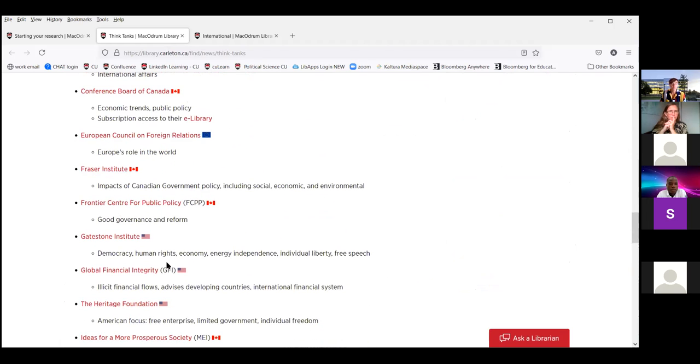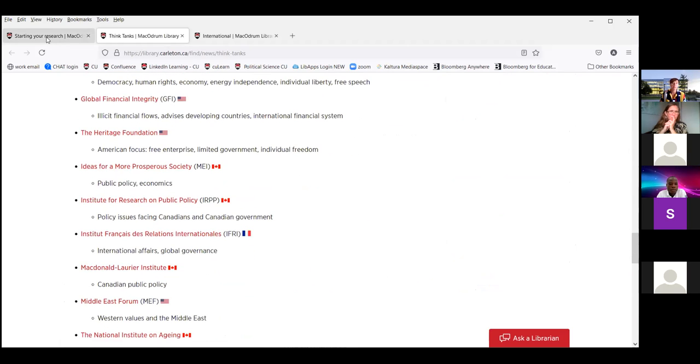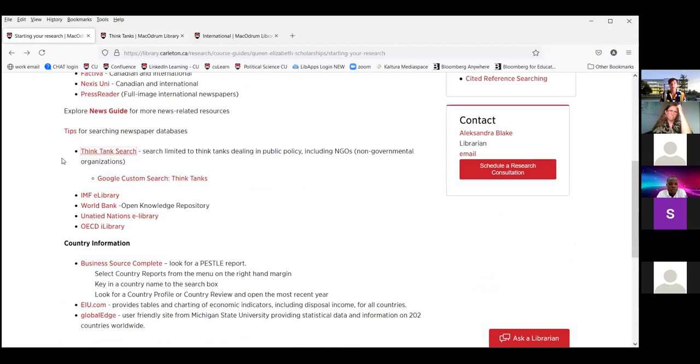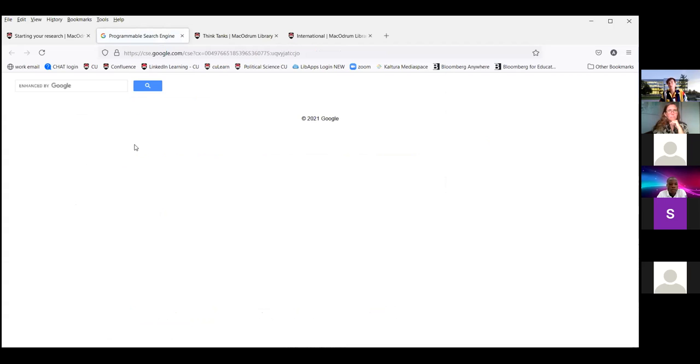As you can see here, the list is pretty long. However, if you are not finding a think tank that would match your search, I'm not sure if you know, but there is this custom Google search engine. So we all use Google, including librarians. But this Google engine looks a little bit different. And this actually focuses just on